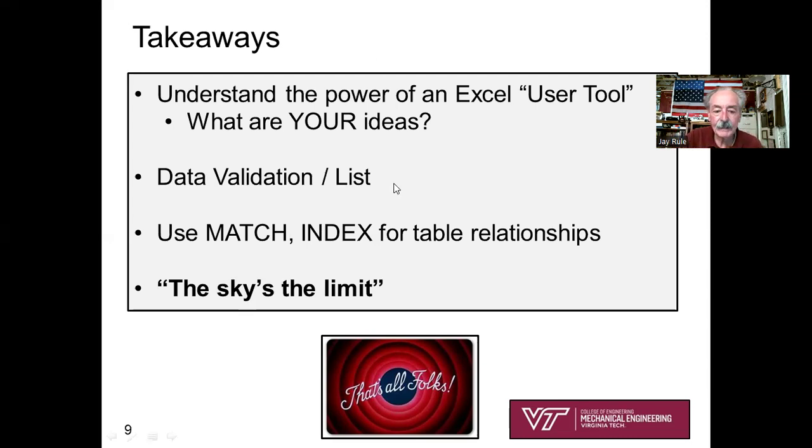Okay, so how did we create a drop-down pick list? We used data validation and list to create a drop-down box. Okay, we used match and index for the table relationships. And then my suggestion, of course, is look, the sky is the limit. So the idea is to give you ideas on how to use Excel with some of these basic tools to start